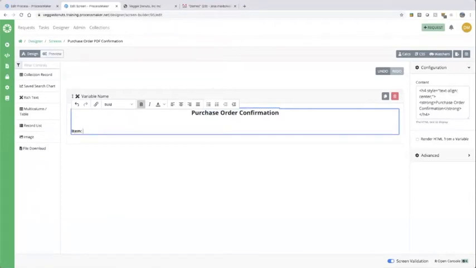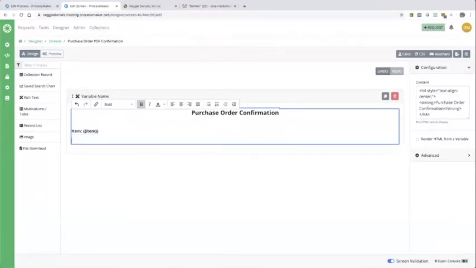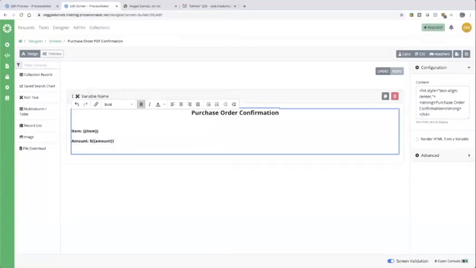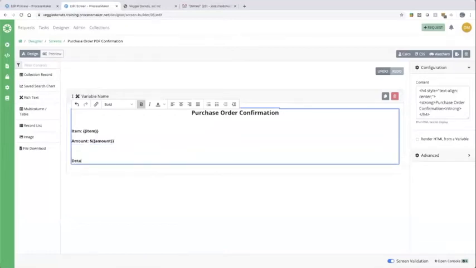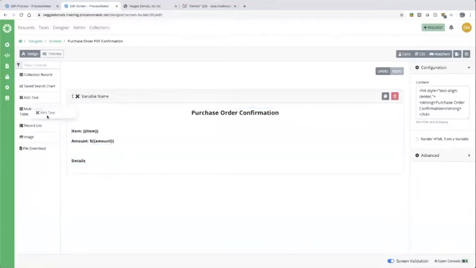And then we're going to use this nice little mustache convention to fill this template with the information that we know is coming from the forms, right? So we had an item, we had an amount. I'm just using this double bracket, this mustache convention, to highlight those variables. We have the details. Now the details, since they are rich text on their own, I'm going to add them as a separate